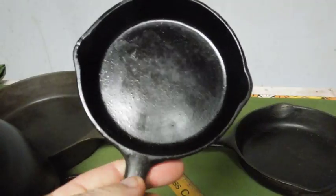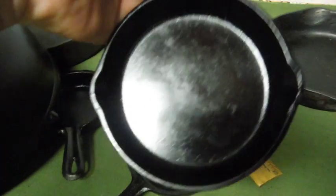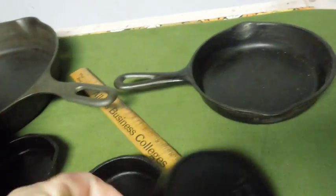Alright, so I found this pan. This is an actual frying pan, and it's 4 inches across. It's 4.5 across the pour spouts. This one's made by Favorite out of Piqua, Ohio, and this company also made a line called Piqua Ware, and you'll notice on a lot of these pans, the second name is always Ware, and that's because